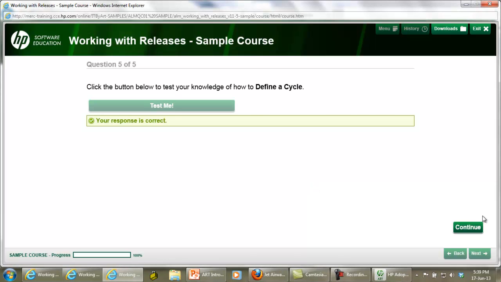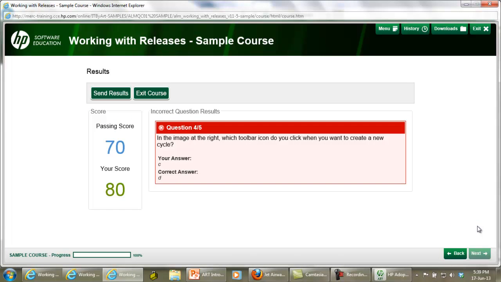So that score is added to my total test score, and I found that I passed this, as I scored 80 and the passing score was 70, as well as which question I got wrong and what its correct answer is. So once you've completed the course, this score can be recorded to a learning management system. You can send the results to a global email, or you can write a custom report to have it saved